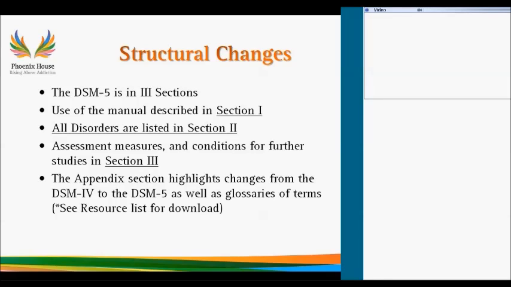However, I can tell you that if you look through the book and go through section 2 and you look up a specific disorder, so for example, if you want to look up substance use disorder with regards to cocaine use, after the diagnostic criteria is listed in the DSM, it will also give you in paragraph form some differential diagnoses to consider. So once again, this manual was really designed for people to actually go into the book and read it, as you'll see as I go further.